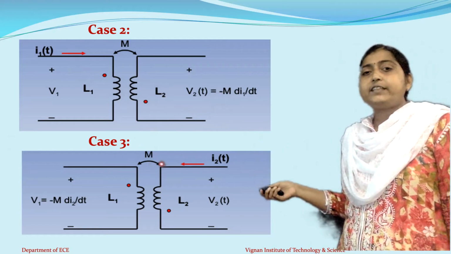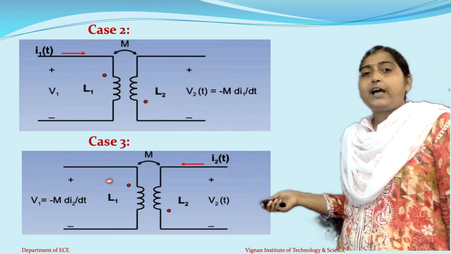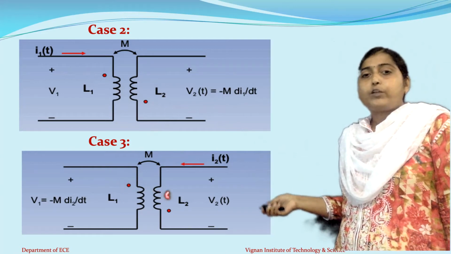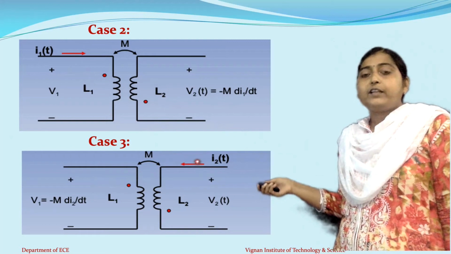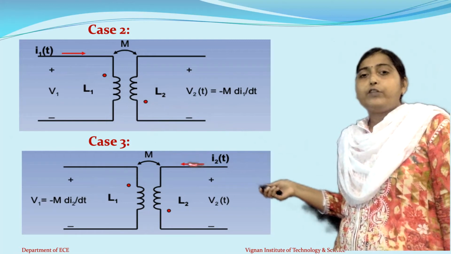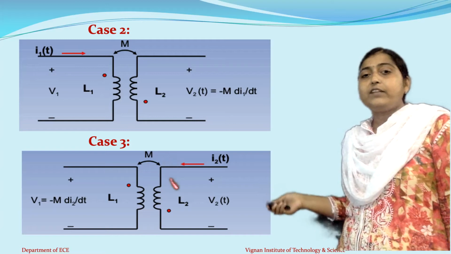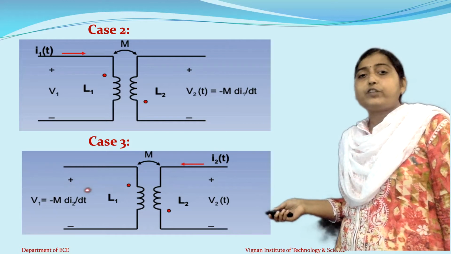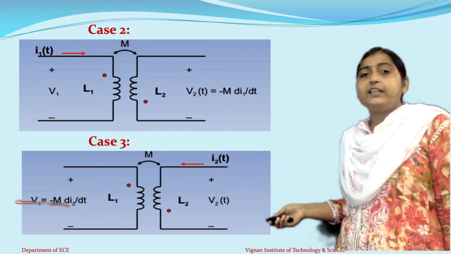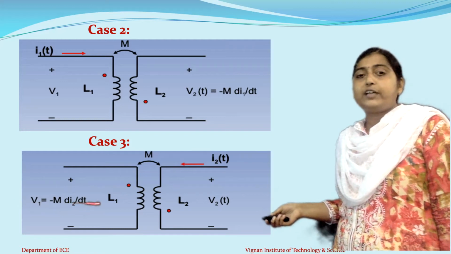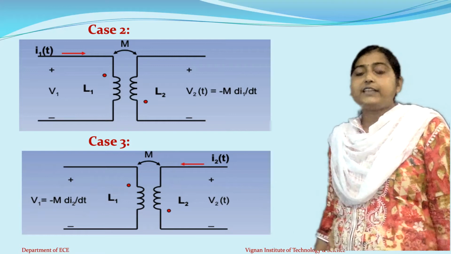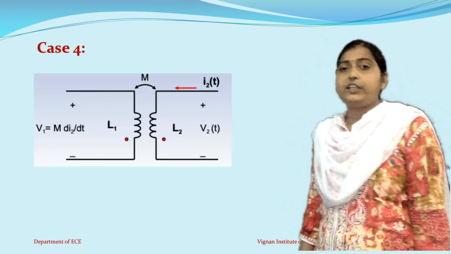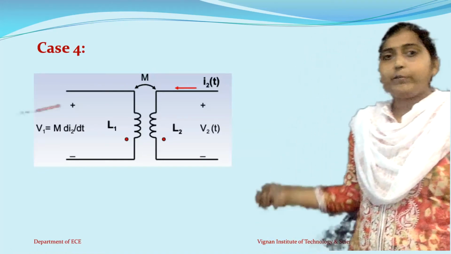Same setup we are considering, but now we are placing two dots here. Again this is on the top and this is on the bottom, but now the current is being shown from the second coil. Now if you see again here, the current will be leaving the second coil whereas entering the first coil. Hence, the mutual inductance for the first coil has to be considered as negative. If you see here, minus M into dI2 by dt. Okay, if one current is entering the self-inductance and the other one is leaving the self-inductance, then we need to take negative polarity. Now coming to case 4.